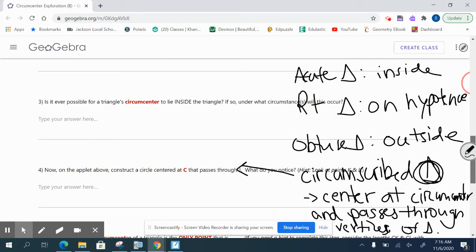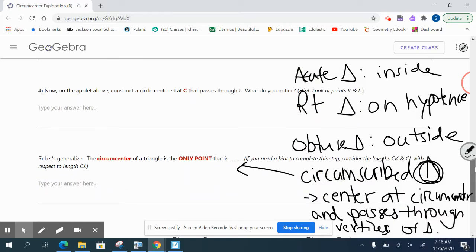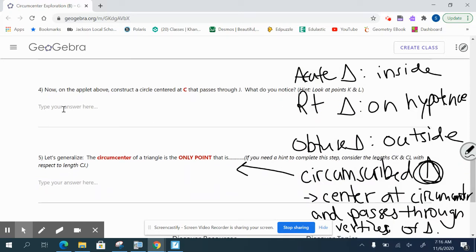Okay, so back down to here, what do you notice? So you would say right here that the circumscribed circle passes through each vertex of the triangle. Okay, so then let's generalize. The circumcenter of the triangle is the only point